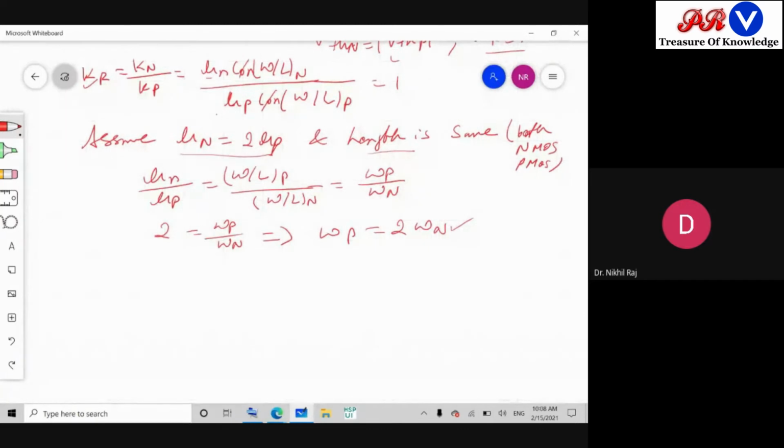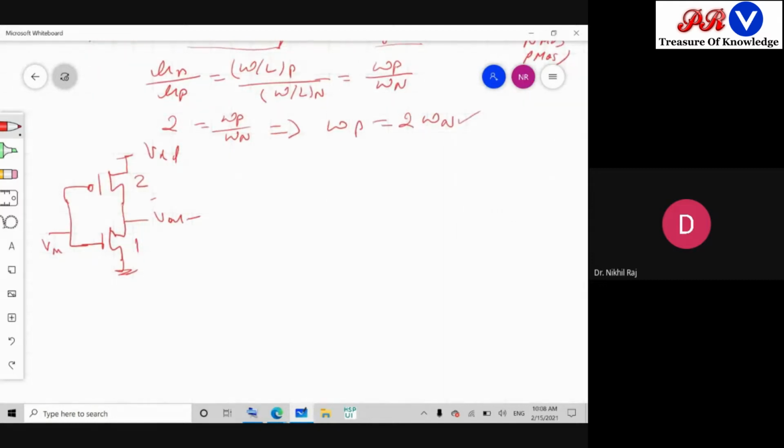So let's maintain this one as 2, and this is 2 and 1. Vin is there, Vout is there, and this is VDD. So this is an inverter with 2 and 1 dimensions. Now I will elaborate this one. Since we know that these two work in linear mode whenever we take logic 0 or logic 1, we can say strong logic 0 or strong logic 1. So I will redraw this figure again here.